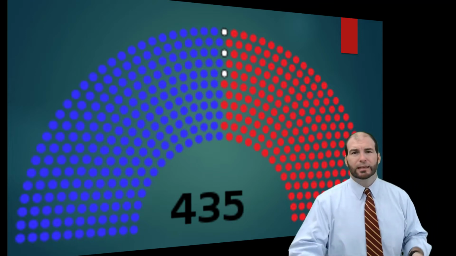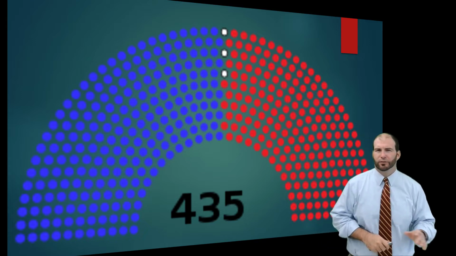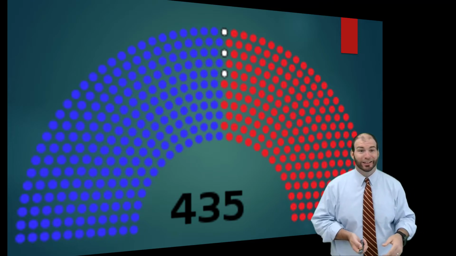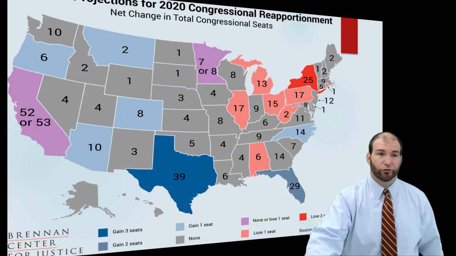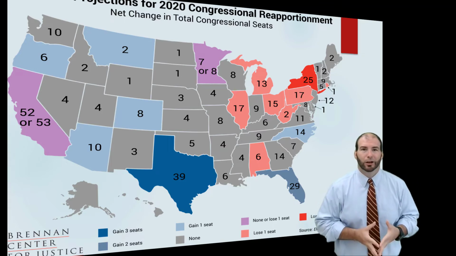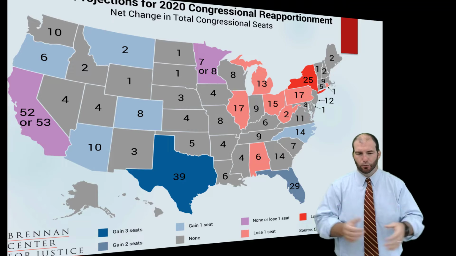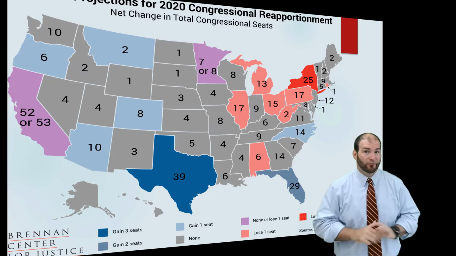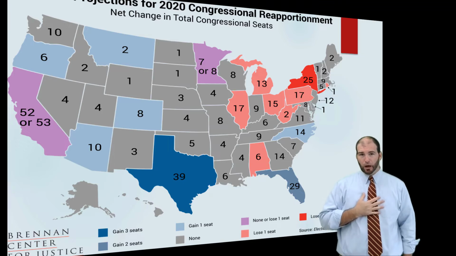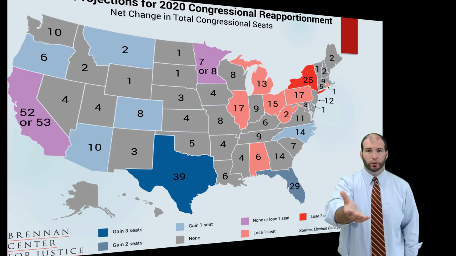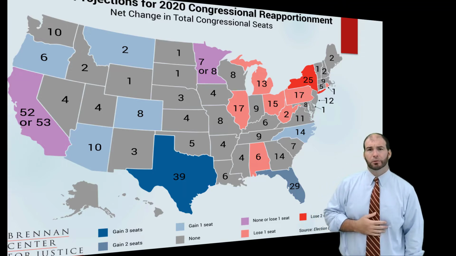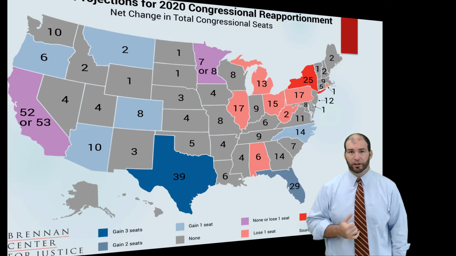So there's 50 states and 435 representatives. How does that break down, you ask? I'm glad you asked. So this is from the 2020 Congressional Reapportionment. Apportionment is a fancy word that says, how do you divide up those 435 seats? Granted, everybody wants as much representation from their state as possible. So I'm teaching you in North Carolina right now. If you will see here, North Carolina has 14. So we have 14 representatives that represent North Carolina.